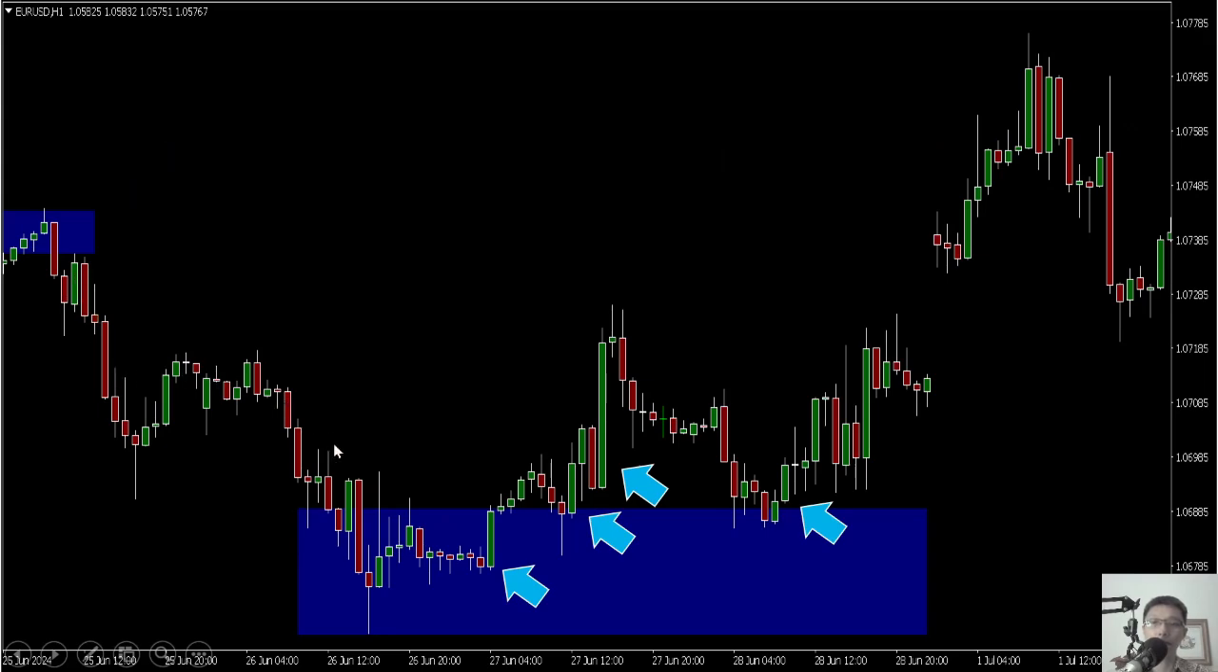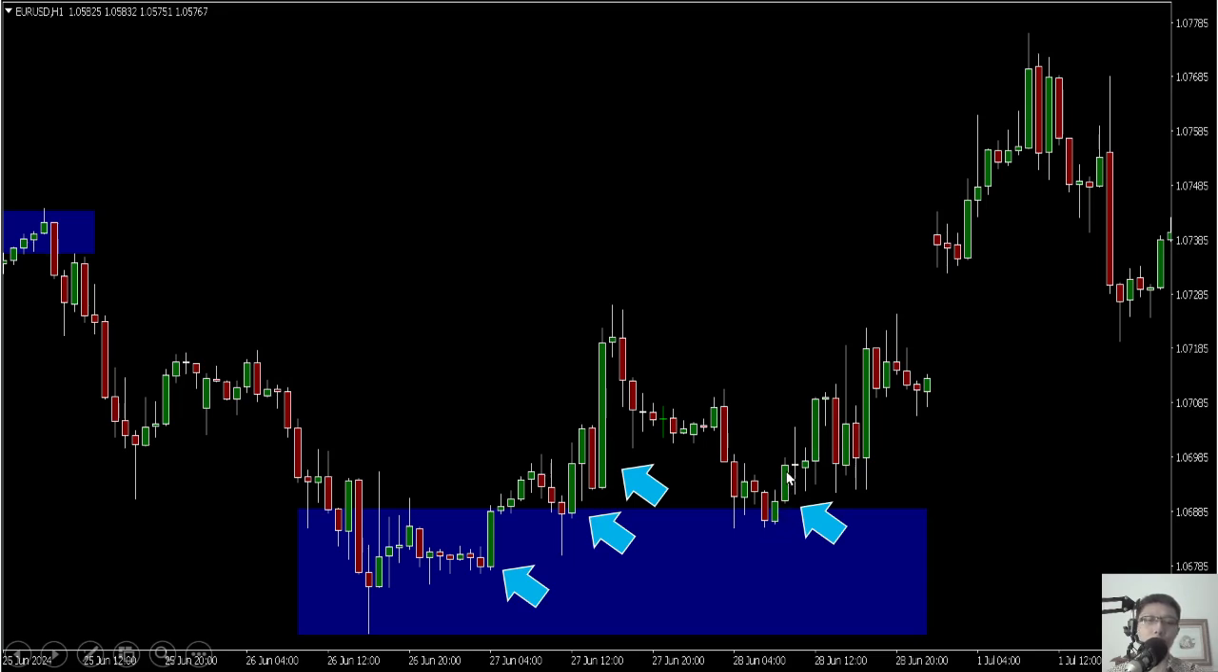After this down move, price cannot close to the downside anymore, and buyers come in and close here. This is one push because the price closed above this bearish candle, and this is the second push. Price closed above this bearish candle. This is the third push. Price closed above this bearish candle, and then sellers come in again, and then buyers once